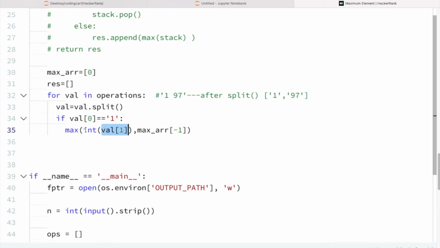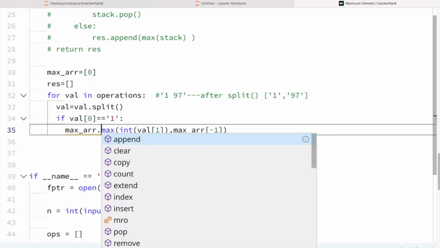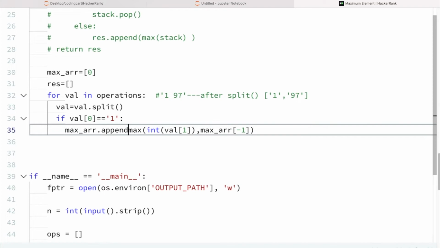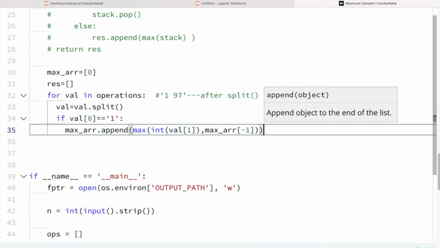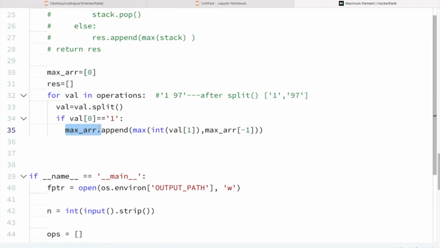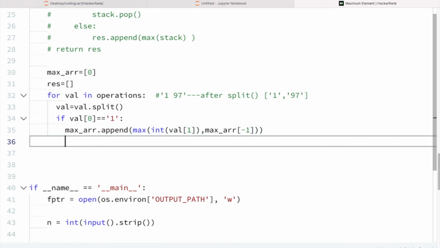We are converting it into int because it is in string format. Now we got the max element, so we will append it in the max array with dot append. We updated our max array. Now we are done with operation 1.